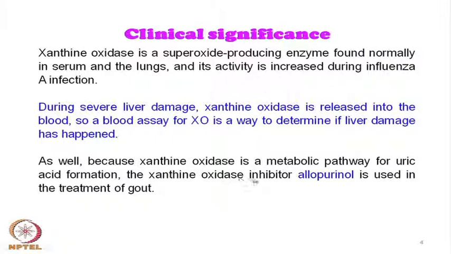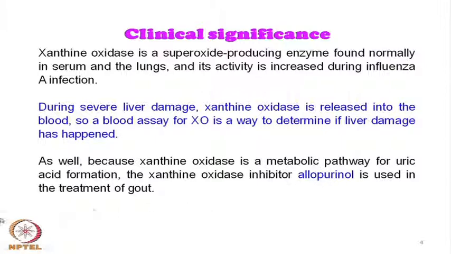People can design these inhibitors, and they are very good medicines for reducing the activity of xanthine oxidase in our body. So, in a metabolic pathway, when we want to inhibit the action of xanthine oxidase on xanthine to reduce the formation of uric acid in our body, we use one such inhibitor, which is known as